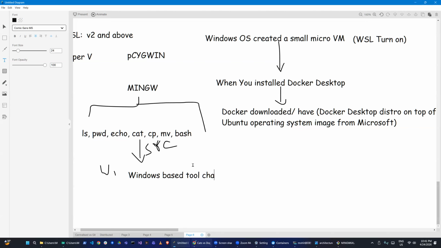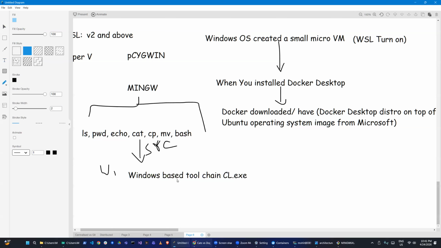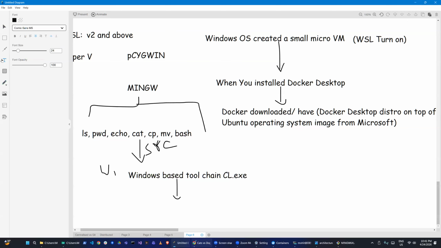For example, cl.exe, और फिर उनको फिर से लिंक किया गया, and then it becomes ls.exe, pwd.exe, echo.exe. So basically इनका सोर्स कोड लेके दे हैव कन्वर्टेड इनटू द एक्जीक्यूटेबल फाइल्स।